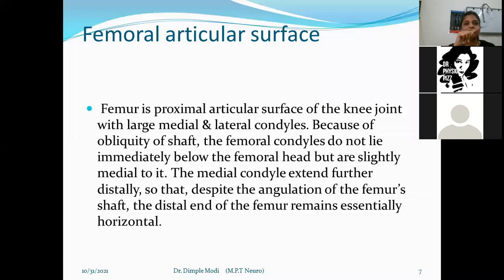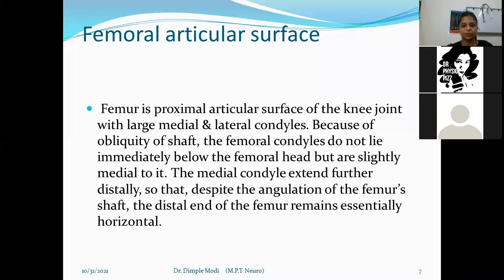Now the two condyles are separated inferiorly by the intercondylar notch, which is joined anteriorly with an asymmetrical shallow groove, called the patellar groove, or the surface that engages the patella during flexion. That groove helps engage the patella during the flexion movement. So this is in concise.